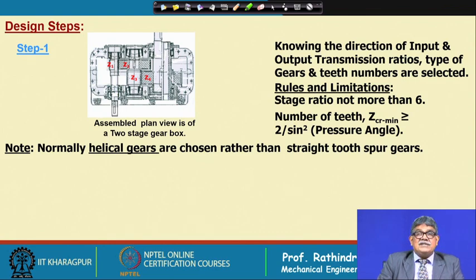The difficulties are a little bit of complexity in calculations, which is not difficult with modern techniques, and for designers there should not be any problem. As far as manufacturing is concerned, this is also not difficult. So, helical gears are chosen instead of straight tooth spur gears,